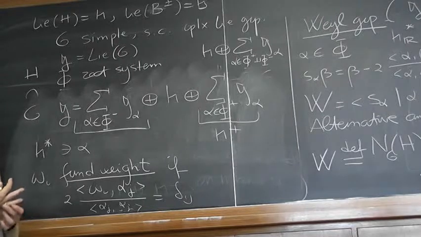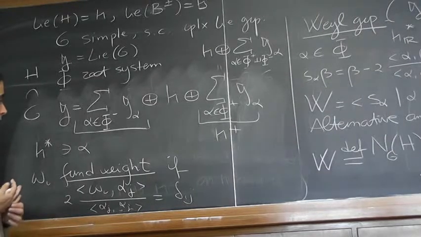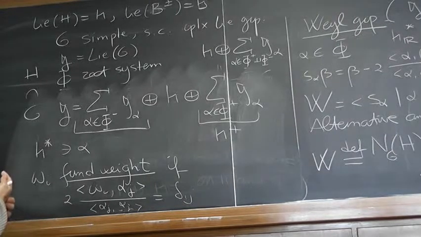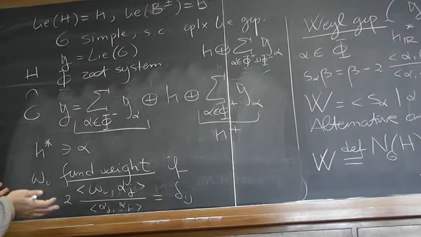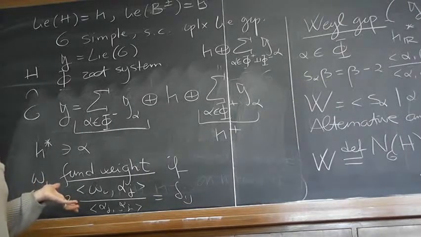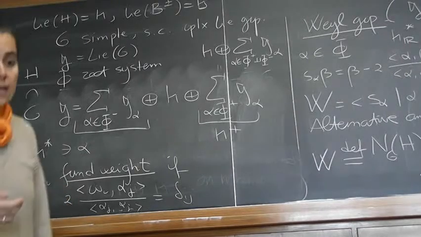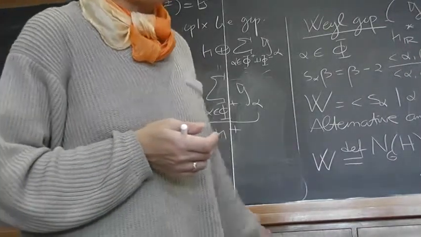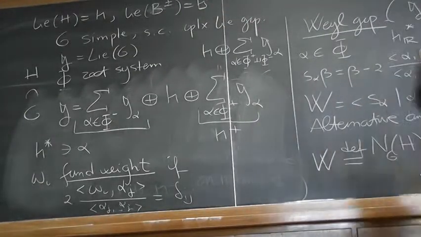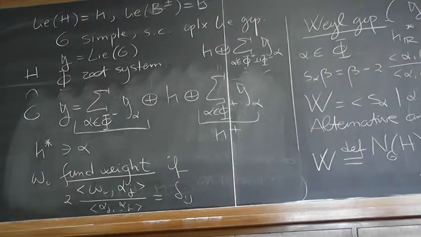No? You don't agree? The fundamental weight is a linear combination of these elements with negative coefficients. A fundamental weight is an element. No, it depends on your definition, though. I mean, it defines it like this. Okay, I always seen the. Wait, no, wait. I always. Yes, that's the one. No, you're the dominant weight. Okay, let me.